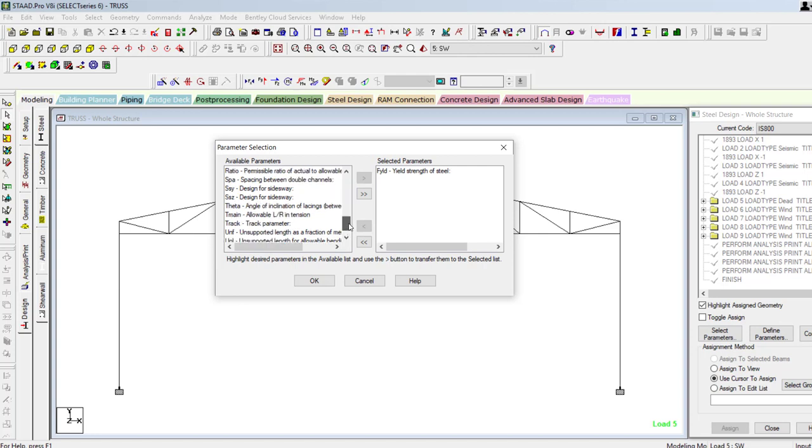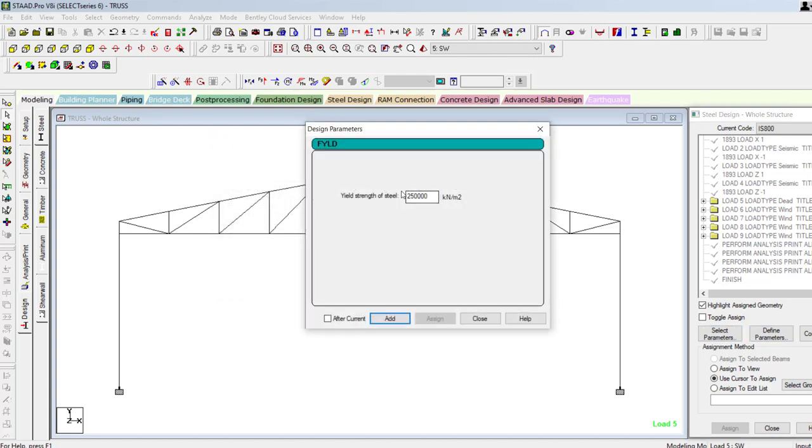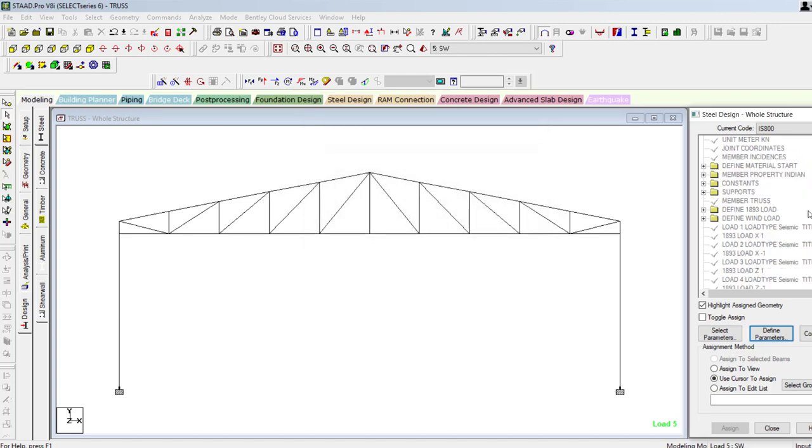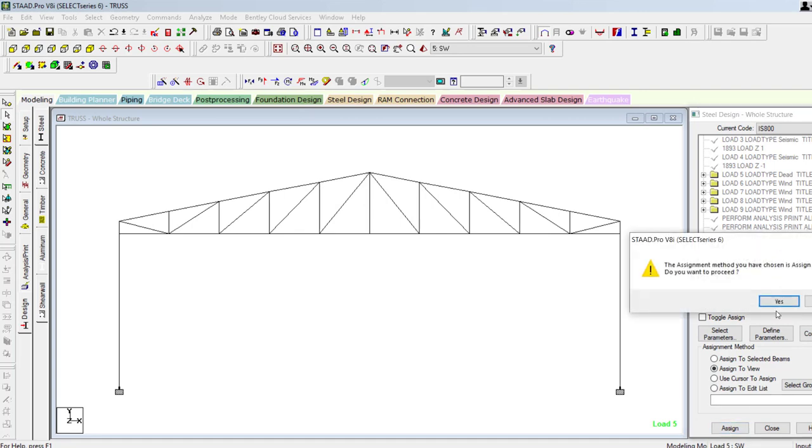Along with that I am going to define parameter 250, 415, whatever the steel grade you want to apply, then you can add it, add and close. So we have the question mark, assign to view and assign.